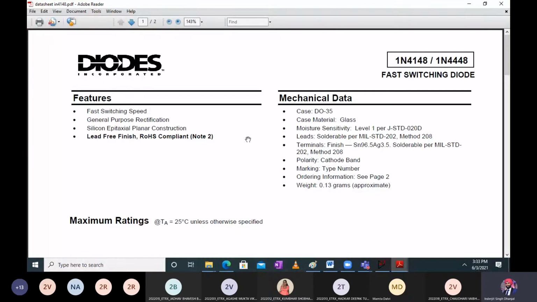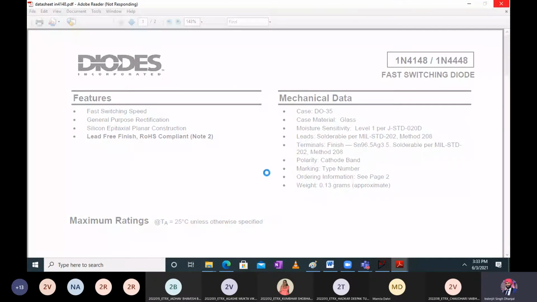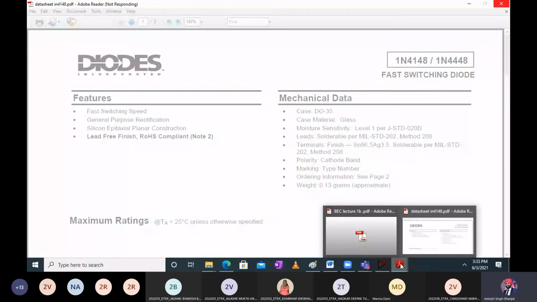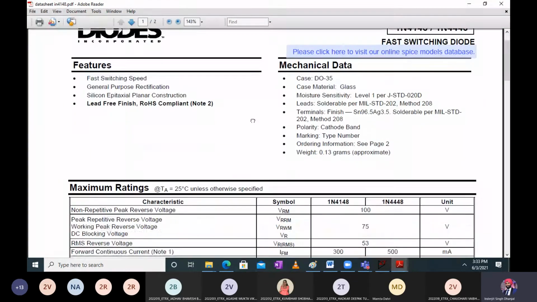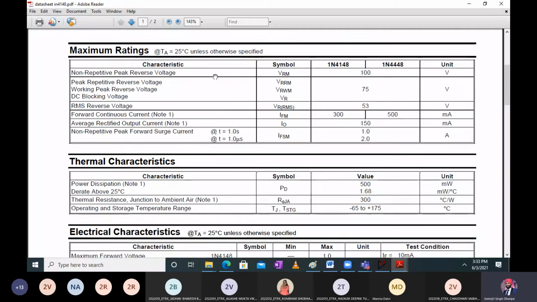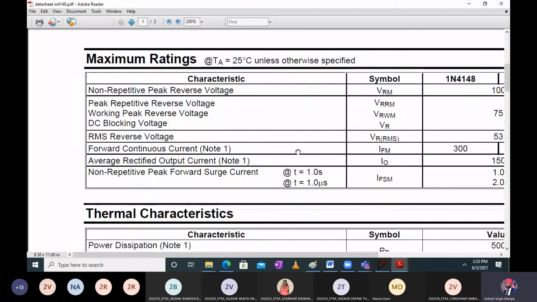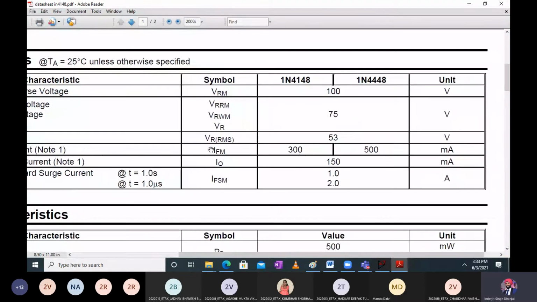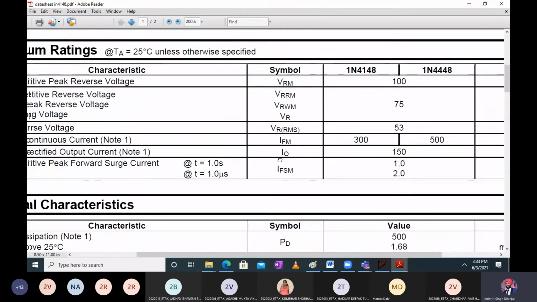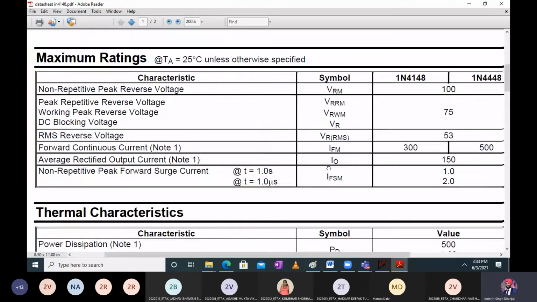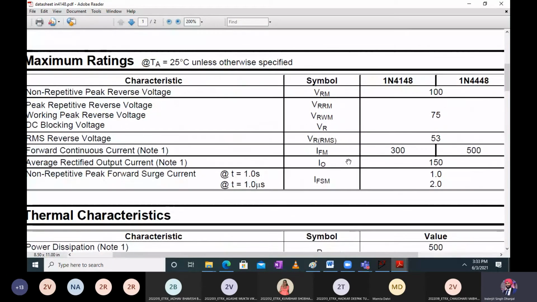And I am showing you the data sheet of 1N4148 diode. Okay, it's a silicon diode. Let me show you some information in it. Okay, it's loading a little. Yeah. So over here, can you read this forward continuous current? This value, forward continuous current, it should not exceed 300 milliamperes. That means the maximum current you can draw out of this diode is around 0.3 amperes. Okay, fine. So you cannot have current flowing through the diode in amperes.